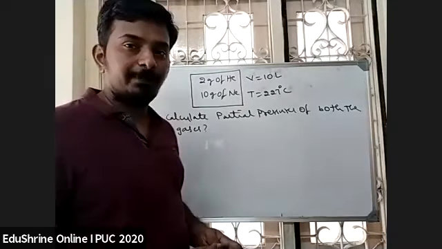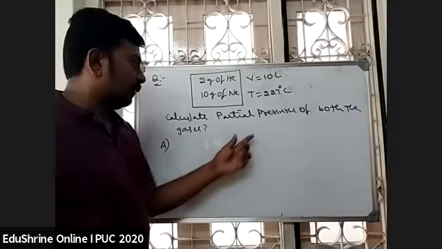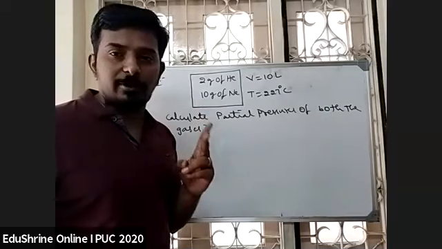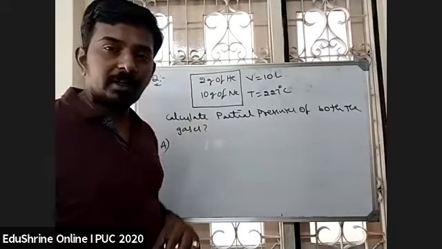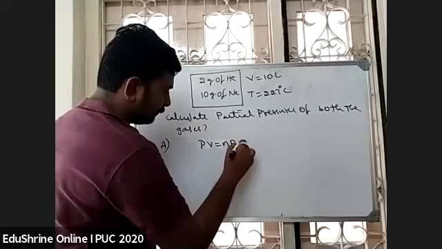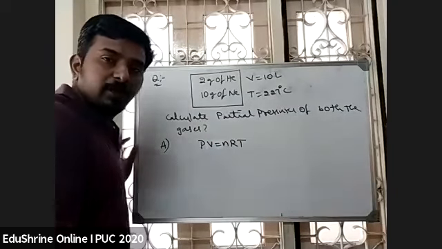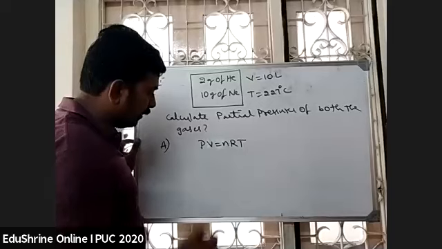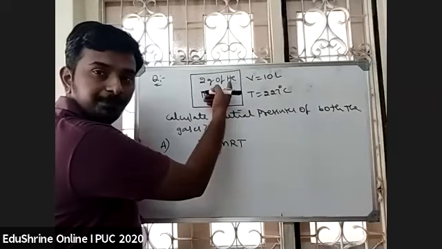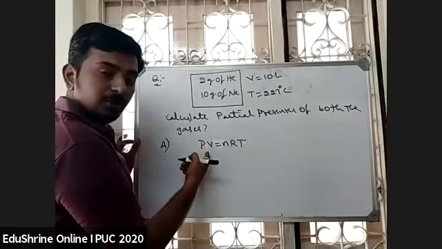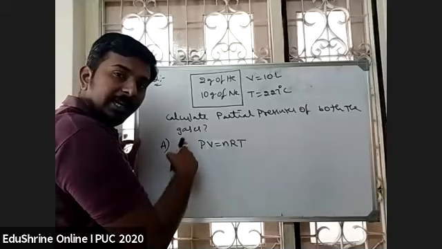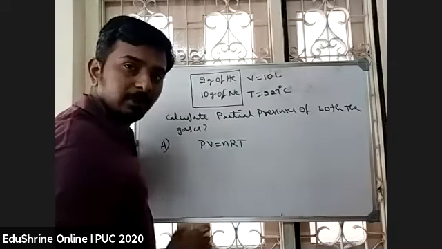See here, students. Partial pressures of both the gases they are asking. 2 ways you can solve the problem. 2 ways. Right? If I use the PV is equal to nRT formula, if I use only helium gas, then I take the number of moles of only helium, I get the partial pressure of helium gas. 2 ways we can solve the problem.